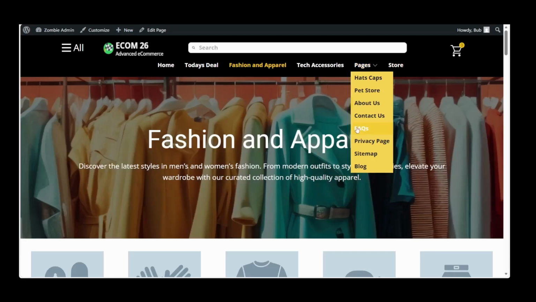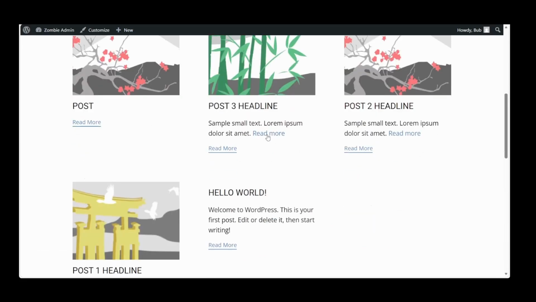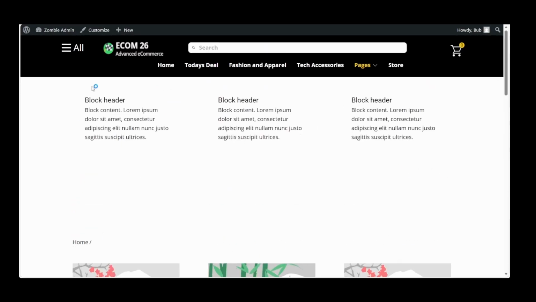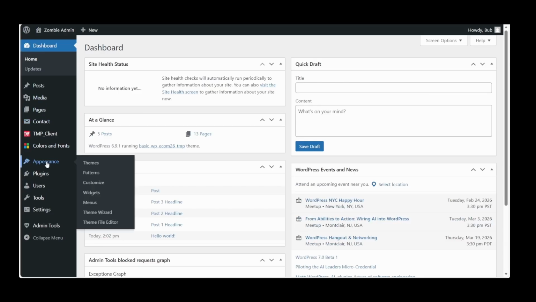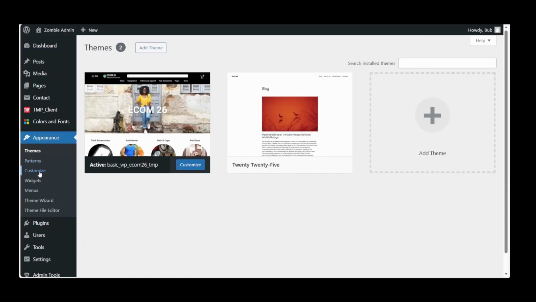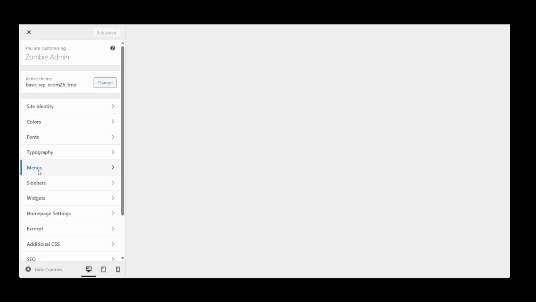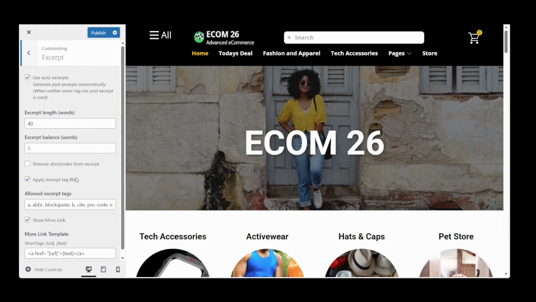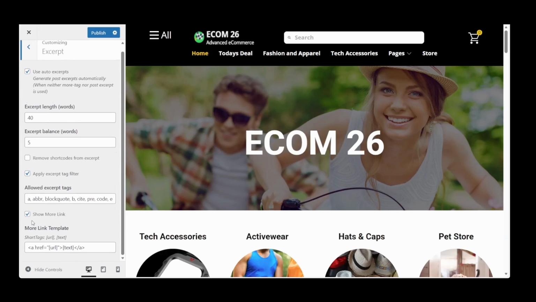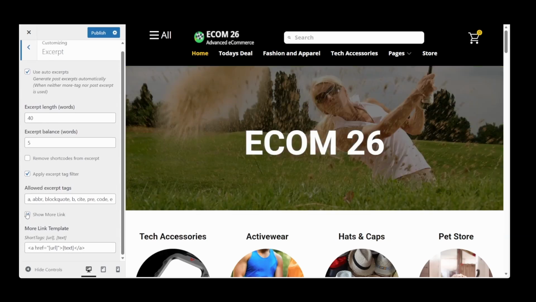So let's go fix the blog now. As I said, we have 2 read more, so let's take care of that. Let's navigate to the dashboard, and then from the dashboard we're going to go to Appearance. From Appearance we are going to go to Customize. From Customize we are going to go to Excerpts. From Excerpts we're going to scroll down and we're going to deselect Show More Links,